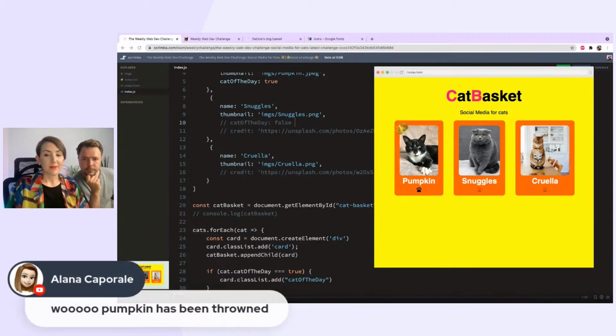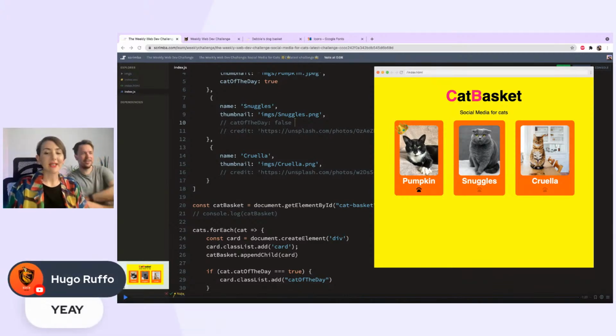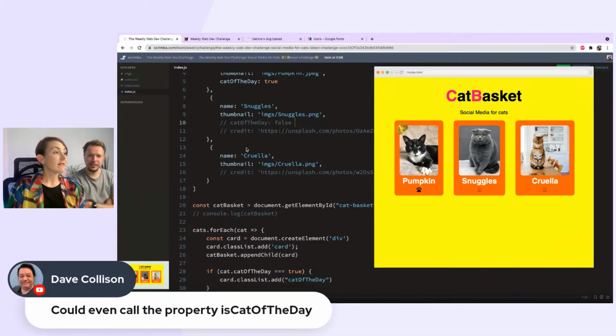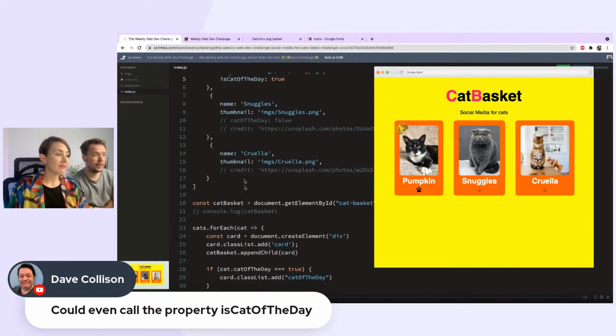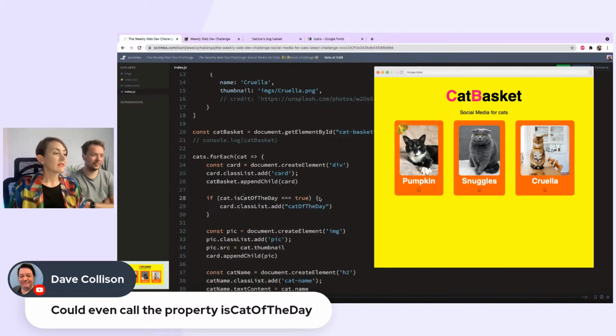Yes. Whoa, pumpkin has been thrown. Yes, indeed. Yay. You could even call the property, actually it should be, because it's a Boolean, isCatOfTheDay. Yeah, fair enough. Still works. Great news. So now,